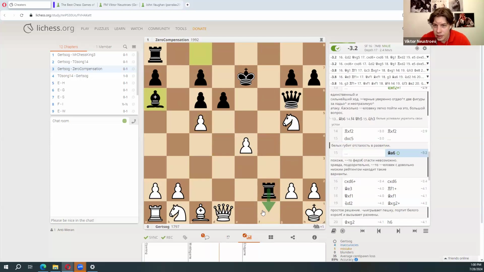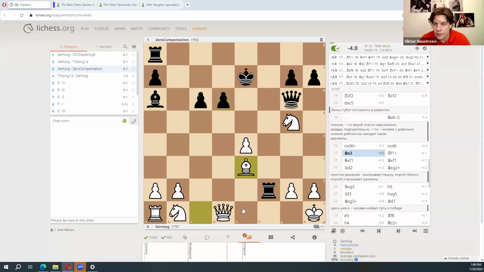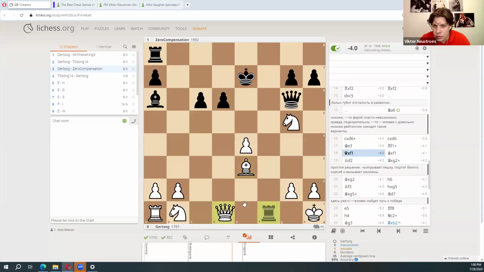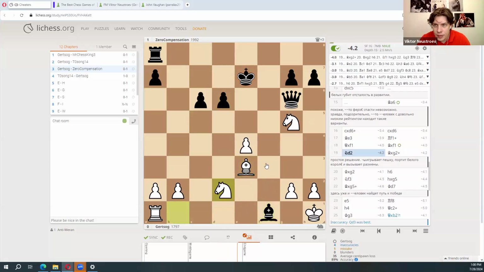Did he see that? Well, I didn't. Of course it was a simul, so I didn't do my best. But anyway, c takes d6, c takes d6, bishop e3. So I'm trying to save the game, and I'm not so much material down, so I have two knights to compensate the queen. But again, this guy is doing his best. He did play very good moves before, and now he continues doing them.